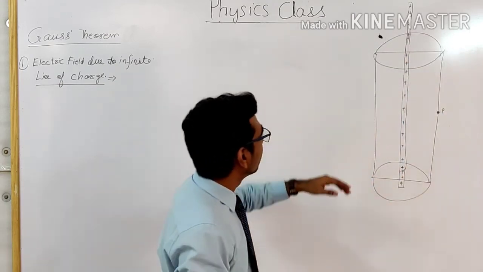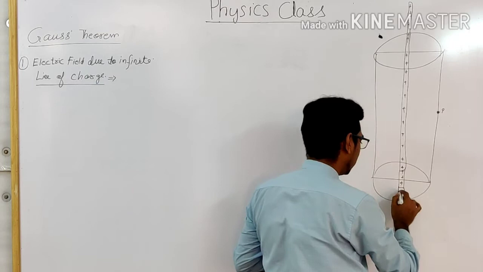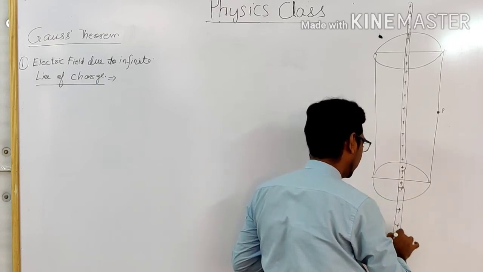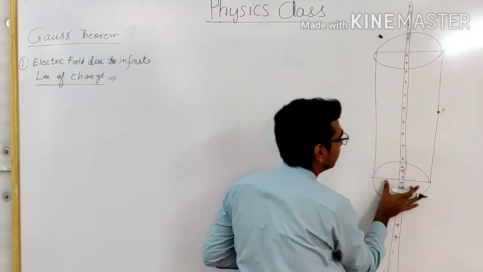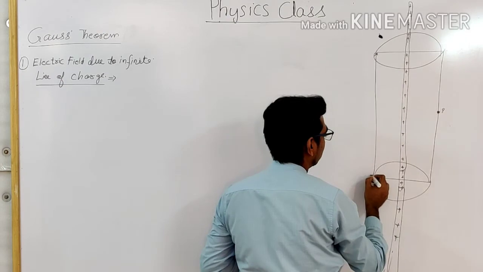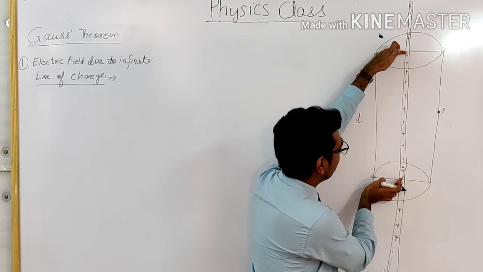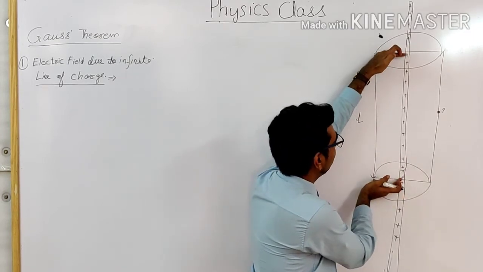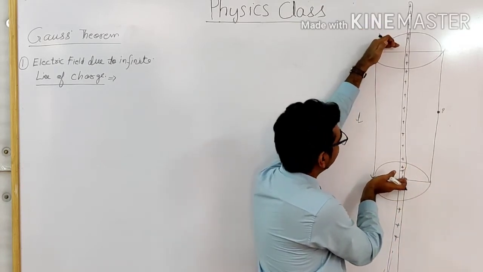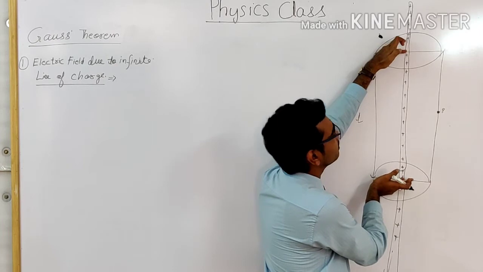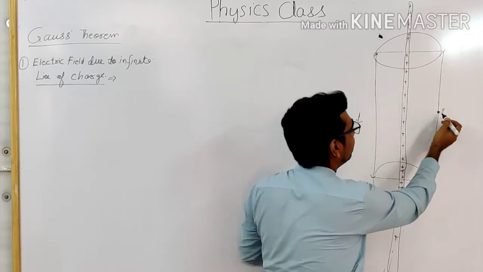So this is the wire. The wire is of infinite length, it is infinitely long. We have taken a small portion. So how much wire is inside this cylinder? Let the length of the cylinder from here to here be L. So in the length L, this much charge is contained. Our cylinder is containing only this much charge. The wire is infinitely long, but we don't care about that. This cylinder contains charge corresponding to the length L. And due to this charge, what is the field at this point P?